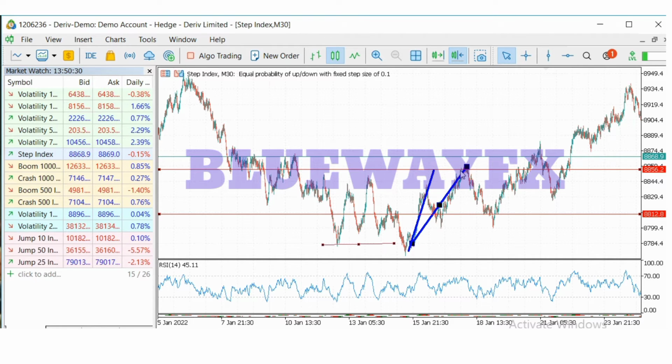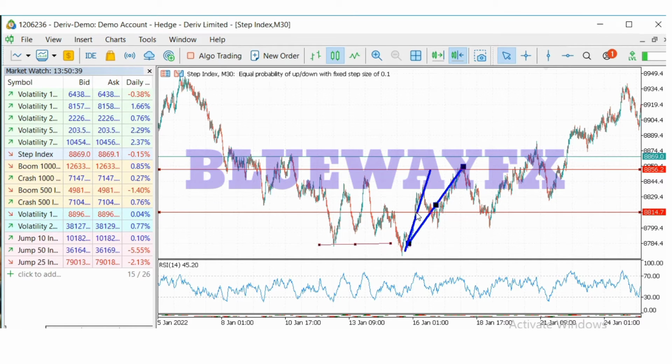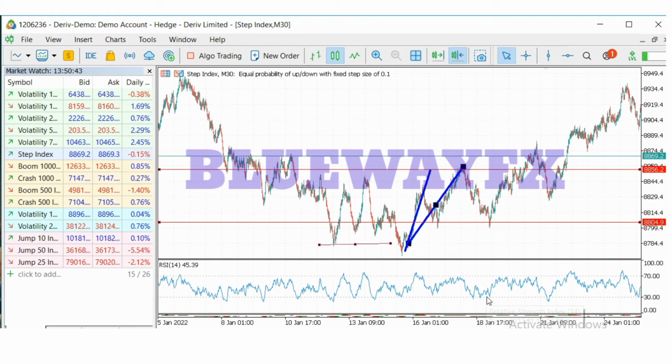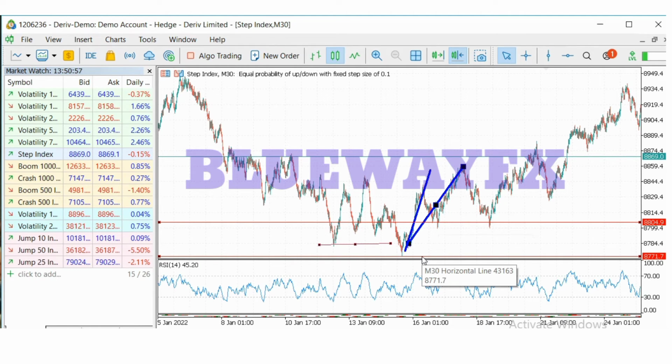So your value structure becomes here and here. So the price takes out this low here, you're not in a selling trend. You're not in a selling trend yet. So what you do is this: you buy from this point, oversold. You will look for oversold, you buy, and your stop loss is at this low, not this one here. Your stop loss is at this low, because this is a value structural low. That is why you have your risk to reward management. So you buy at this point,